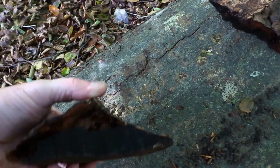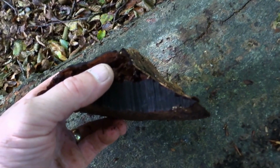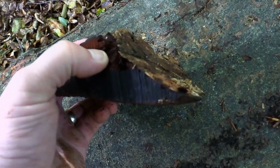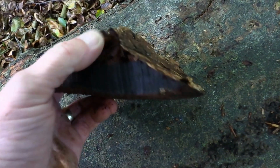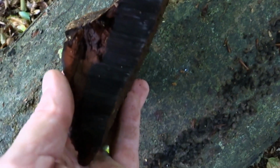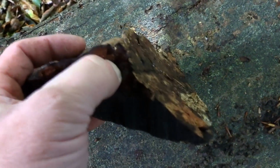Okay, having cut a section off, you should be able to clearly see the amadou or trauma layer is the velvety piece at the top. That will take a spark. These are your spores of the fungus. That piece here at the top is your trauma layer and your amadou. It's very velvety and does take a spark very well,